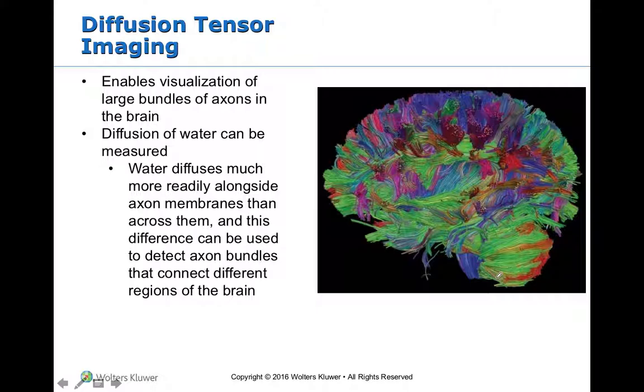Diffusion tensor imaging, or DTI, enables visualization of large bundles of axons in the brain by measuring the diffusion of water. Water diffuses much more readily alongside axon membranes than across them. Looking at this difference, it can be used to detect axon bundles, and then you can trace these bundles and look at the different levels of connectivity between regions of